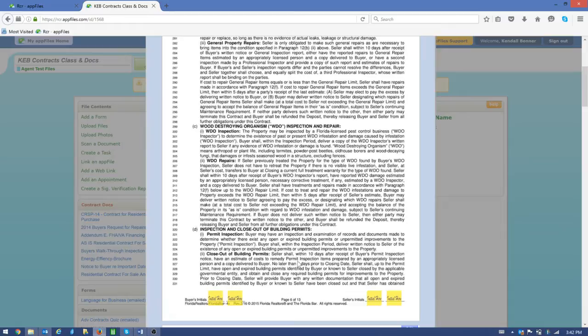So once I have the damage estimated, I'm now on line 310 to orient you. The necessary corrective treatment, if any, estimated by the inspector, a copy should be delivered to the buyer. Seller shall have the treatments and repairs made according to 12F below, up to the repair limit. If the cost to treat and repair exceeds the limit, so again, we'll use our $1,000 example, if it costs more than $1,000, then the seller,